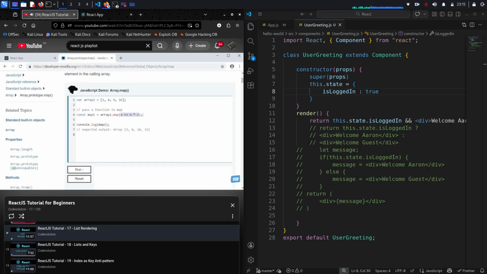There is one parameter called x, and in the function body, we return x multiplied by 2. The entire operation is then assigned to a variable called map1, which is then logged to the console in line 6. If I run this code, you can see the expected output. So what the map method does is go over each